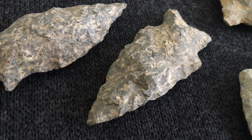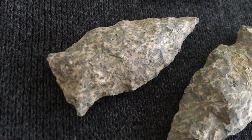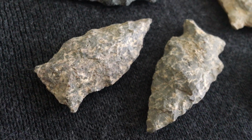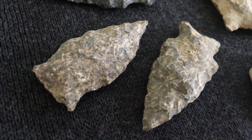I'll give you as many angles as I can. And the one next to it here is from Crystal Point. Actually, it's from Crystal Beach. These are all favorites for me, for sure. I mean, just look at them. Holy cow, right? So I was looking at those points in the museum,